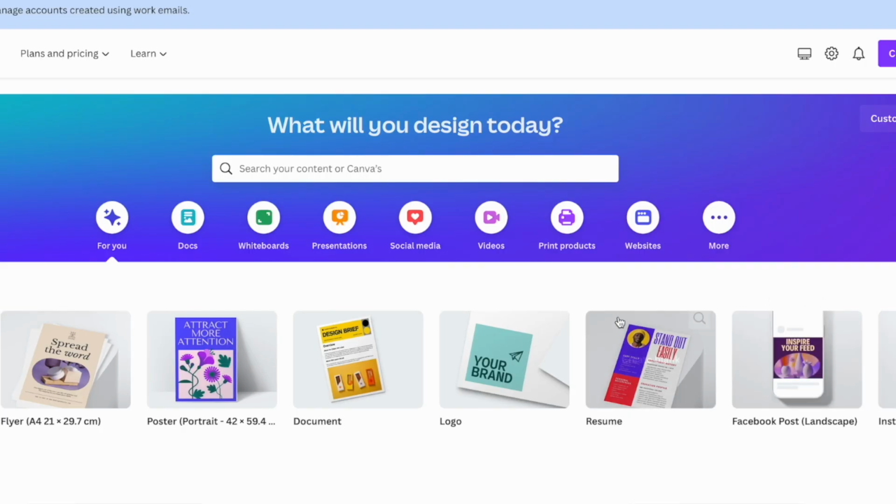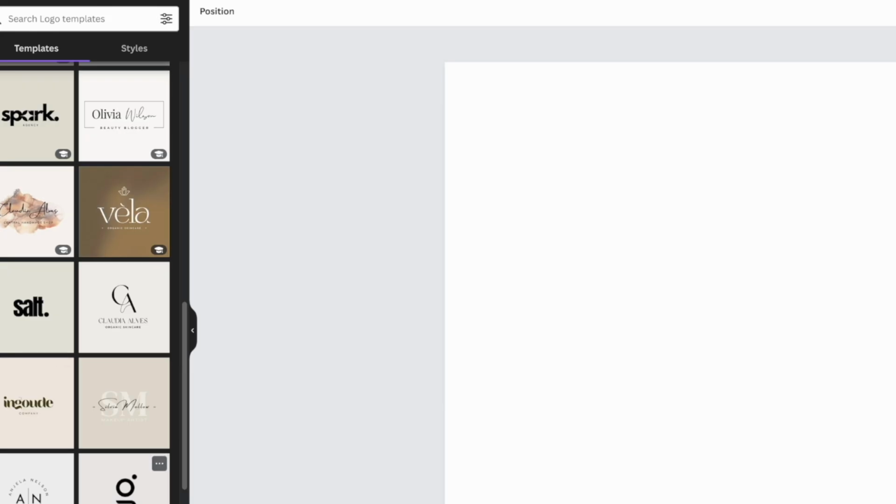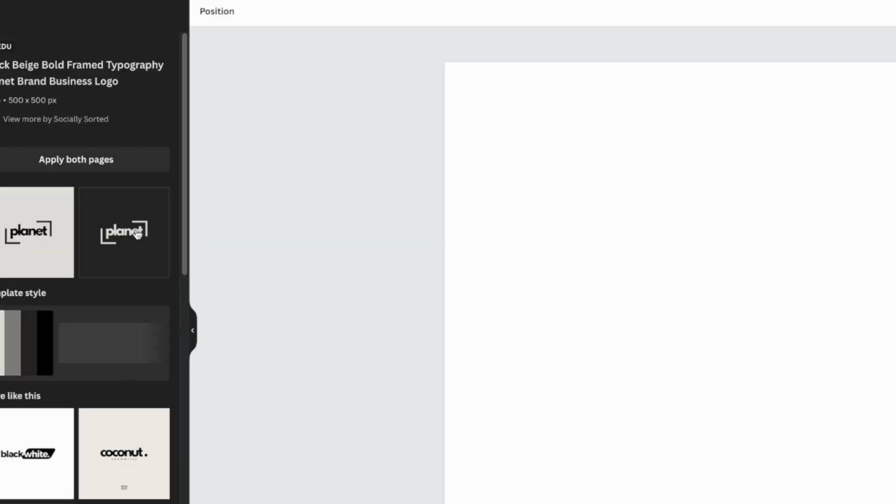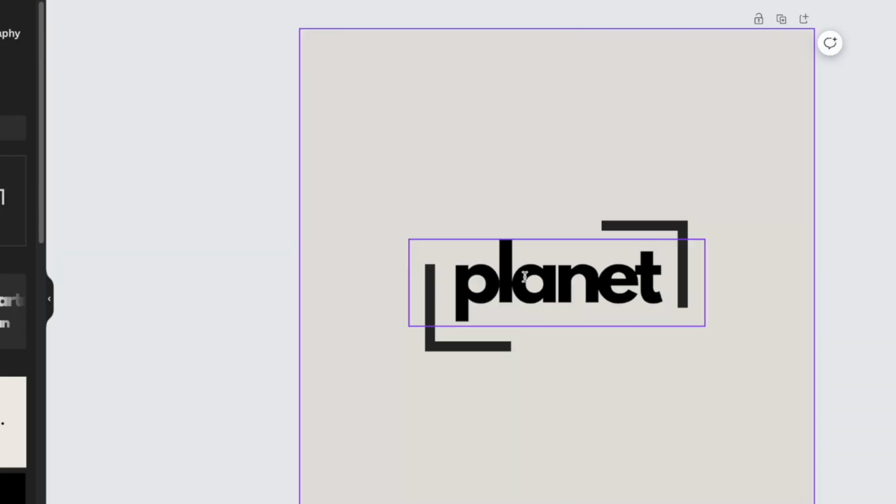The only tool that we need is called Canva. Inside of Canva, let's go ahead and create a logo. Now Canva also offers a wide range of templates that you can use, but I recommend keeping it very simple and minimalistic. Again, you can take inspiration from your competitors when it comes to creating the logo,